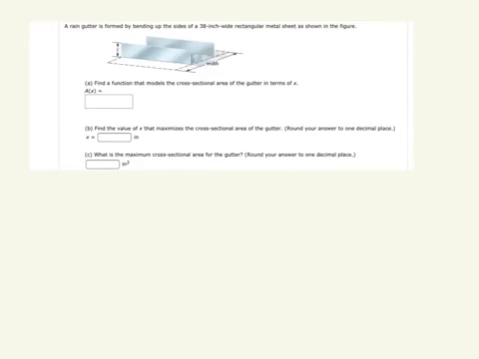A rain gutter is formed by bending up the sides of a 38-inch rectangular metal sheet as shown in the figure below. Part A says to find a function that models the cross-sectional area. So what you need to know is that the area of a rectangle is the length times the width. So for this particular problem, it told us that it was,